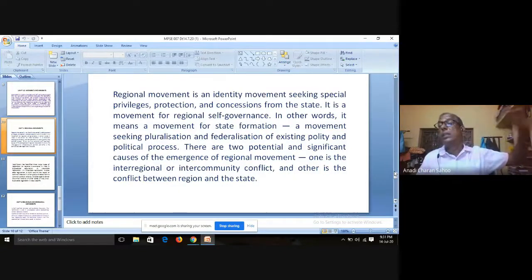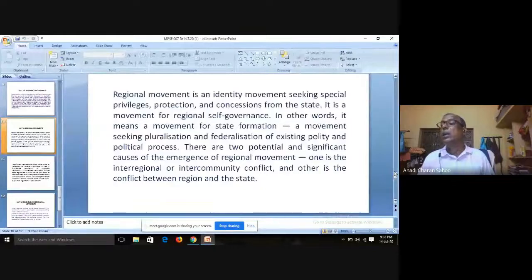One is Andhra Pradesh, another is Telangana. Kurg, Kodagu and Sagari Prant in Karnataka, Kosala Rajya in Odisha, Gorkhaland and Kamtapuri in West Bengal, autonomy demands of